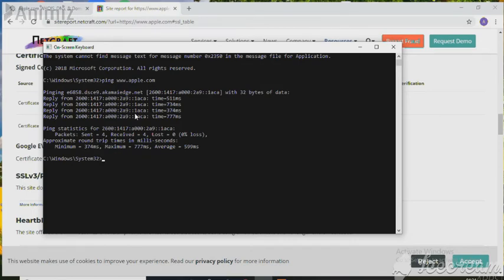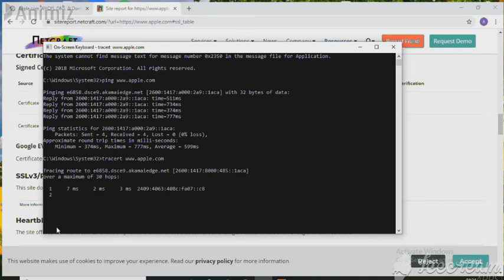So now you will go to trace route. For trace route you have the command tracert www.apple.com. Now enter. It will show the route by which the website is coming to you.